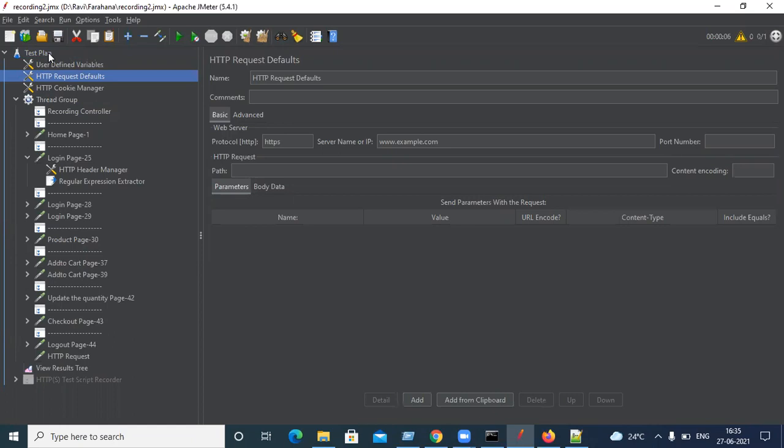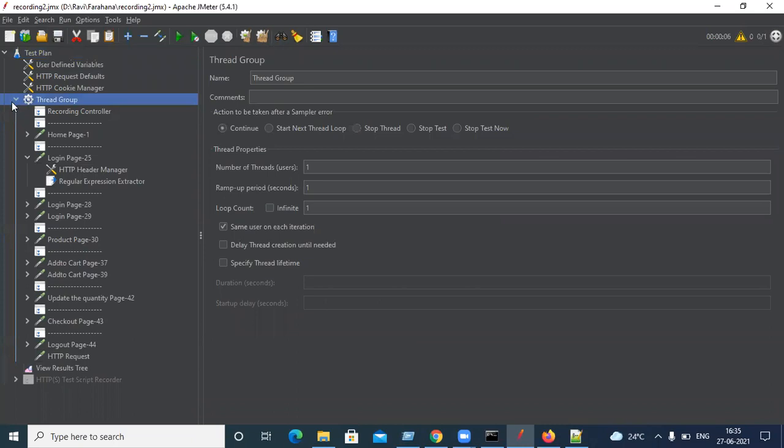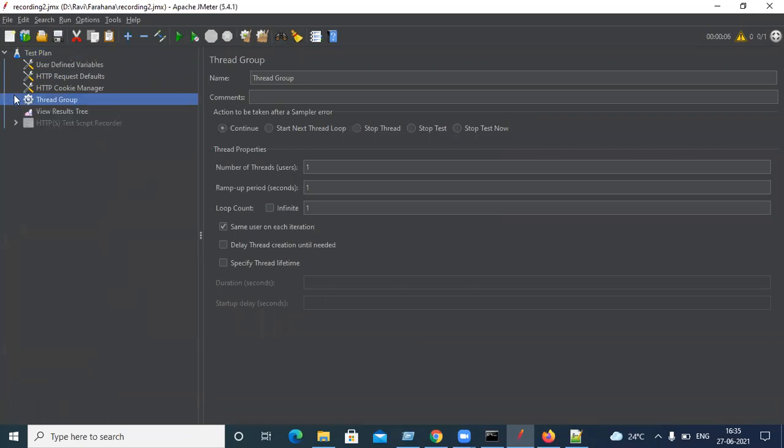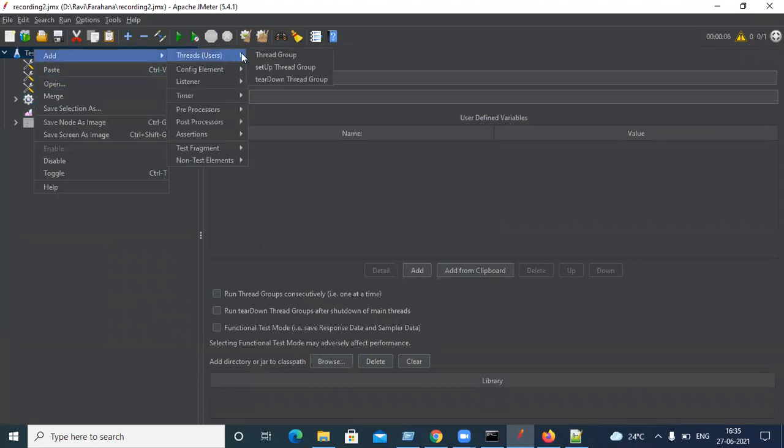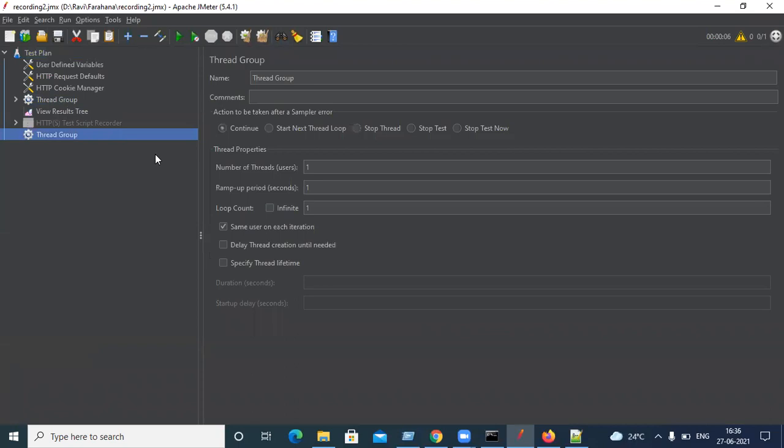One test plan can have multiple thread groups. This is one thread group, under which we have a whole script. Now I can add another thread group, one more. In JMeter, thread groups are independent of each other. They won't communicate or talk. It's like a separate, different script. Based on your use case requirement, you can keep one thread group per script or two, both. It's your choice. Generally, we use one thread group per JMX file to identify it easily, but again, it's based on the end user's choice.